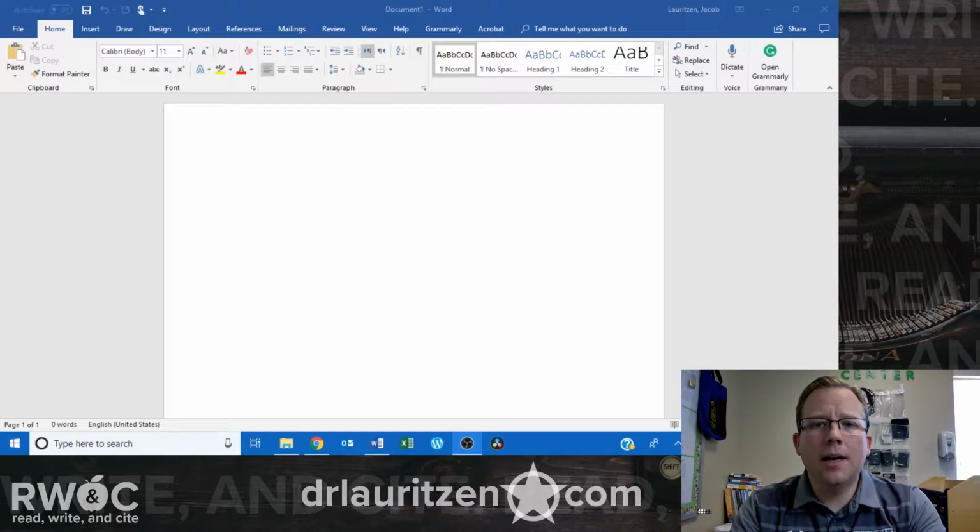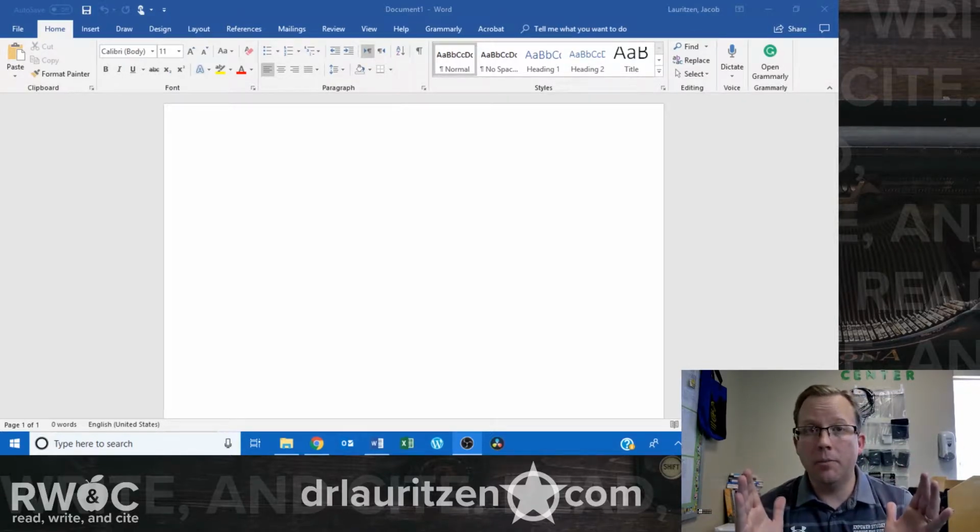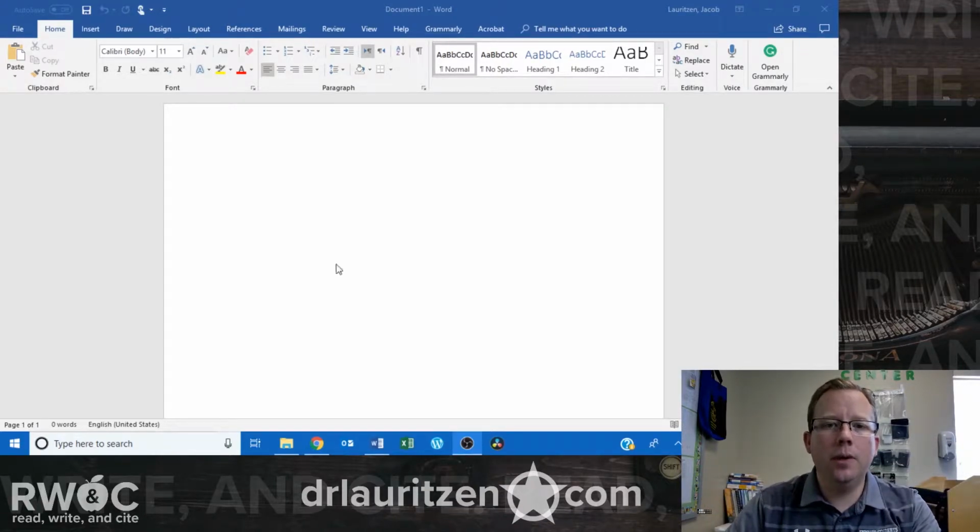Now, for MLA style, we don't really do title pages unless your teacher asks for it, but we do have some information that shows up on every page. We do have some information that shows up on the first page, and then rules for how the body of the paper looks. We're going to hit on some of those now. So let's go and get started. Here we have